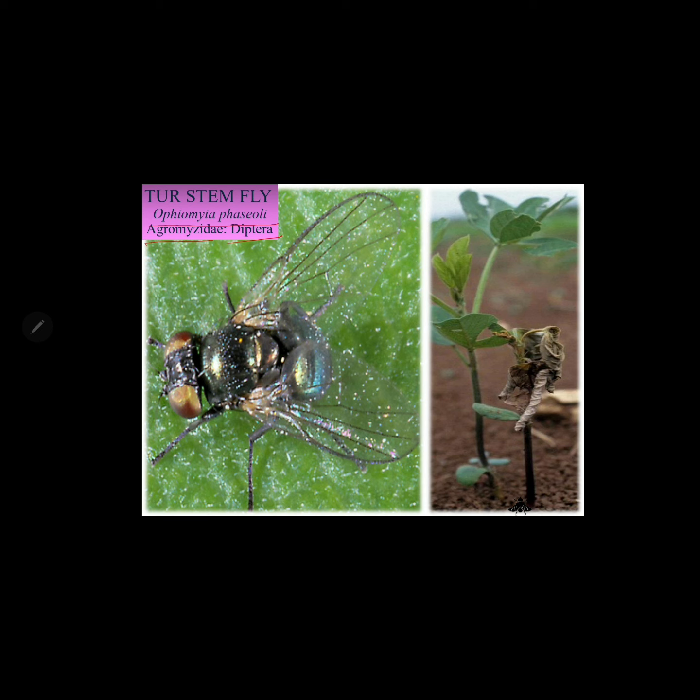Eggs are thrust into the tender part of the stem or the petiole. The maggot makes a tunnel inside the stem and feeds on the internal content of the stem. When the stem is split open, the distinct tunnel can be observed, which is usually filled with excreta. The drooping of the first 2 leaves and wilting are the key symptoms produced by such damage of stem fly.